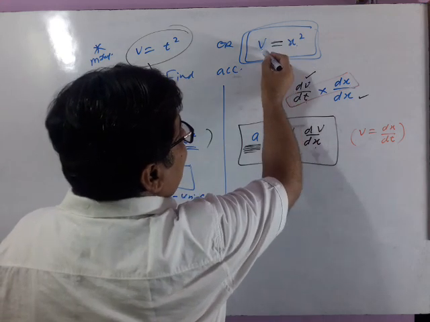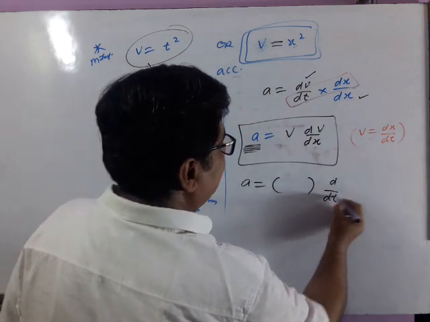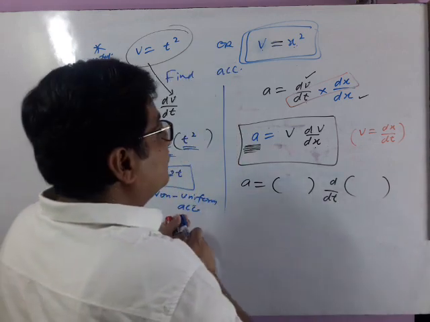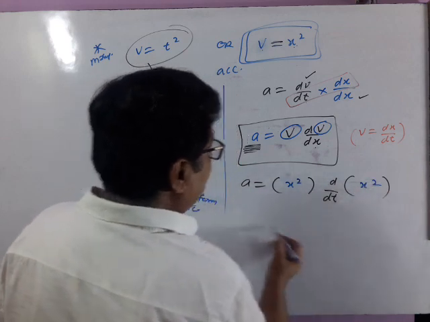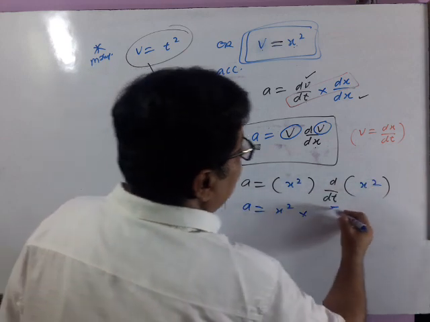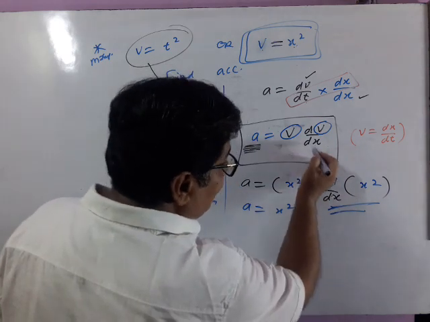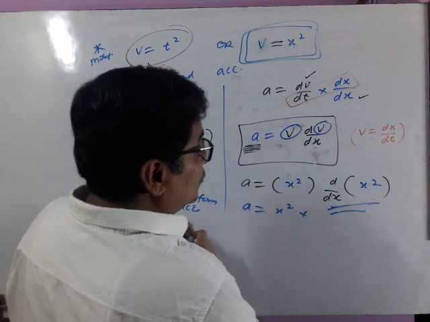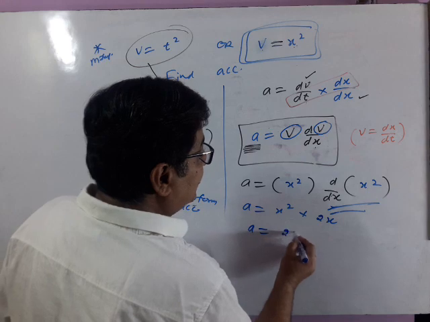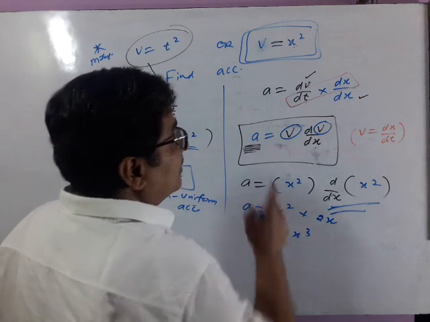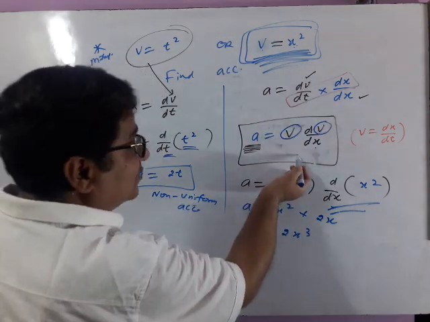See, here velocity is given as a function of x. So input here. In place of v, you will have to put twice this x square here and here. So it will be this. See, it is dx, so you will have to write d by dx of v. So d by dx of x square is 2x. So the answer will be 2x cube. Got it? See this, when velocity is depending upon displacement, then you can have this formula.